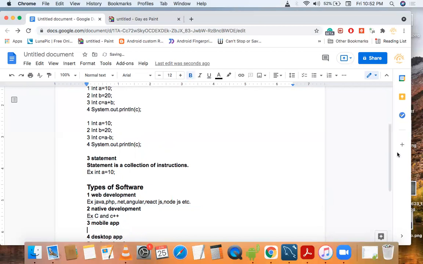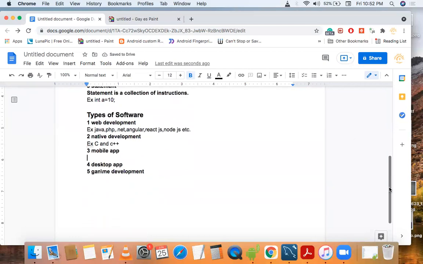For mobile application development, we can use, for example, Android, iOS, Symbian.